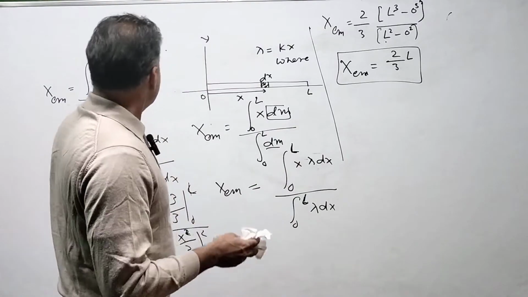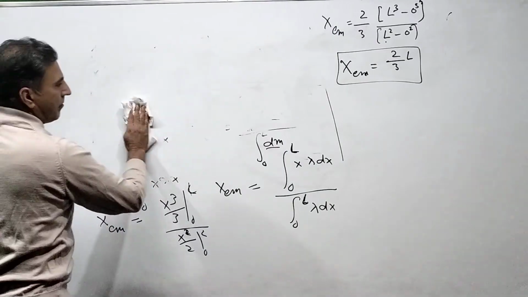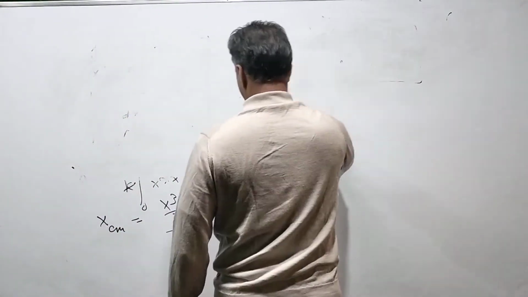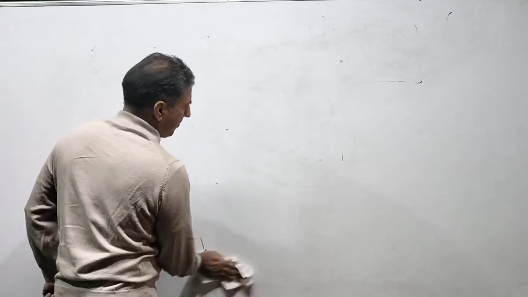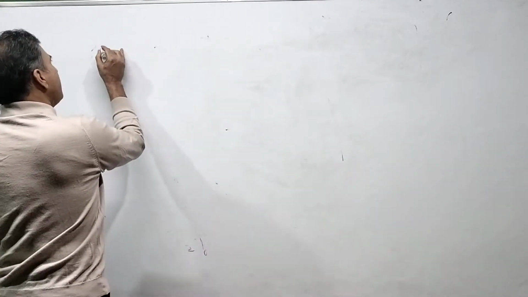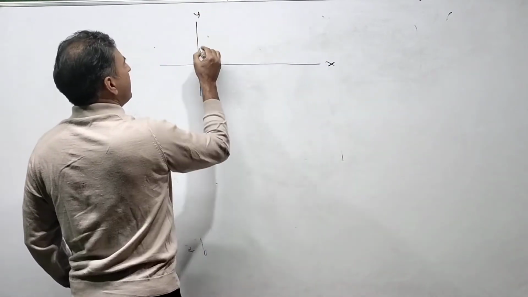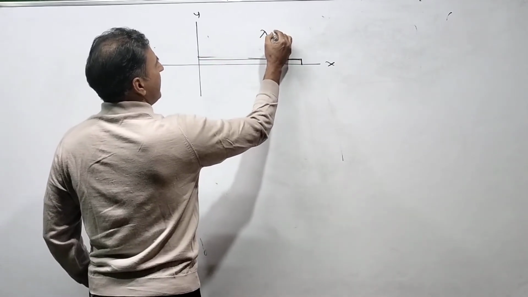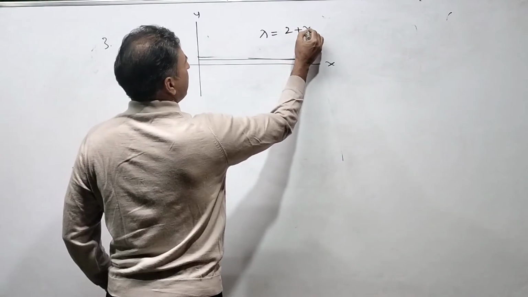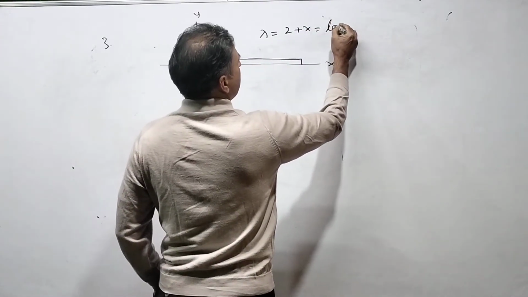Okay, third point. चलो जी, और एक क्वेश्चन हम करेंगे इसी फॉर्म में ताकि थोड़ा सा और प्रैक्टिस हो जाए। ये फिर से कोऑर्डिनेट सिस्टम हमने बनाया, ये फिर से रॉड टाइप, लेकिन अब के बाद जो इसका जो डेंसिटी है, लीनियर डेंसिटी दैट इज ओके 2 + x, ये है इसका लीनियर मास डेंसिटी।